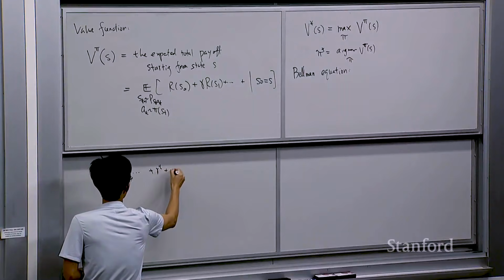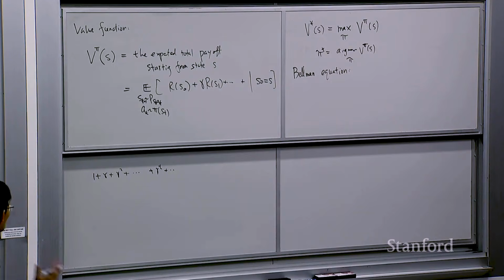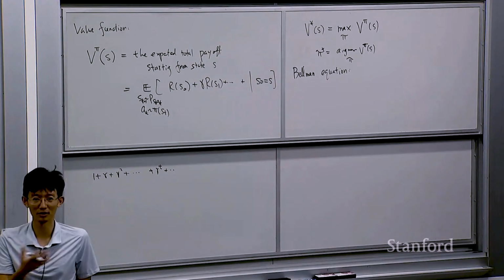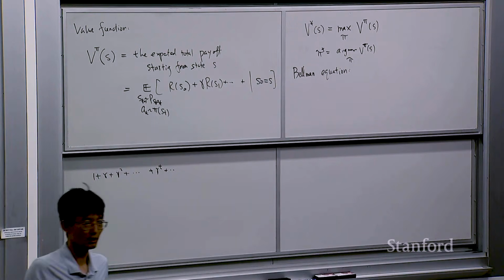technique is very similar to how you compute these kinds of things. Suppose you have an infinite sum like this: 1 plus gamma plus gamma squared plus gamma cubed, up to gamma to the t, and so on and so forth. So how do you compute this? Of course you can look up the book and see a formula for this. But actually